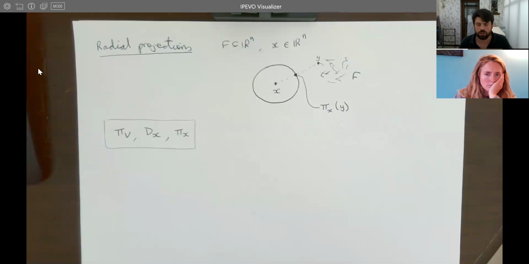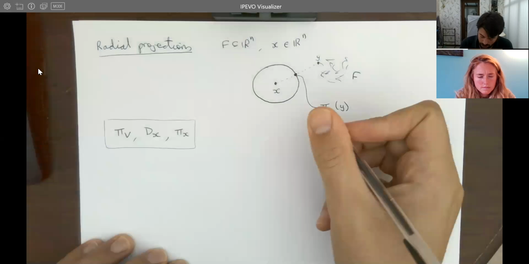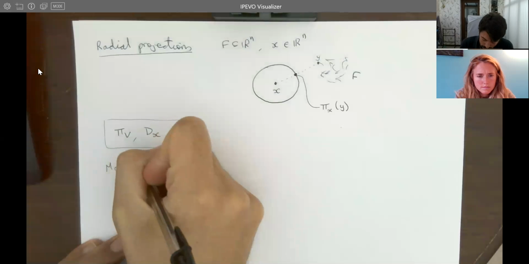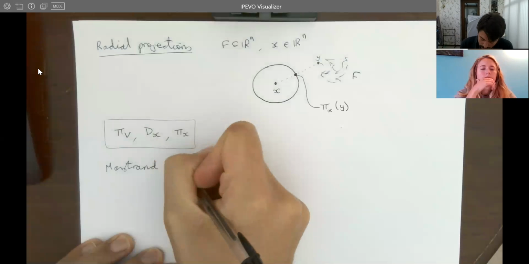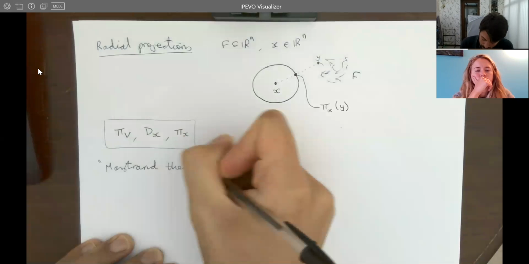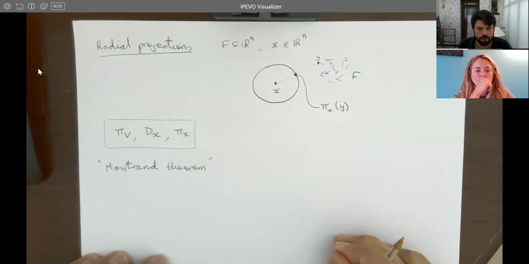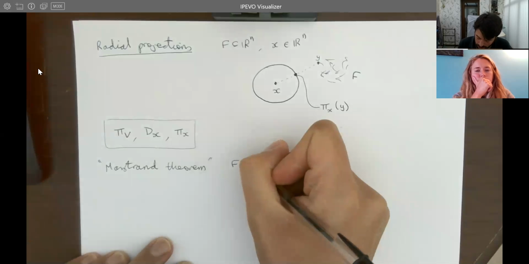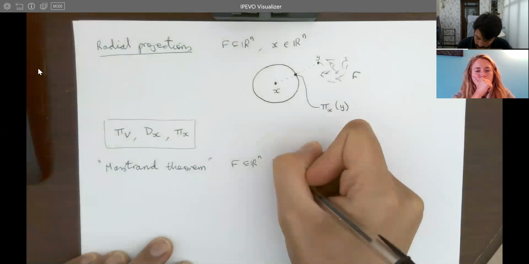So radial projection: if you have a well-established and well-known theory of orthogonal projections in this context, then there's also a perhaps equally well-developed theory of radial projections, and you see a similar Marstrand type phenomenon occurring again. So for example, if I say Marstrand theorem, I don't think Marstrand studied radial projections, maybe I'm wrong about that, but it's a Marstrand type theorem. Again, if F is in Rn Borel,